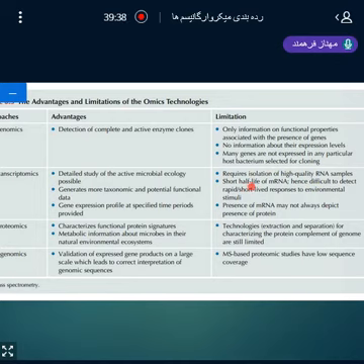Short half-life, and that is the worst limitation for this technique, the short half-life of mRNA, hence it is difficult to detect rapid short-lived responses to environmental stimuli. So the short half-life of mRNA is very, very important, and we